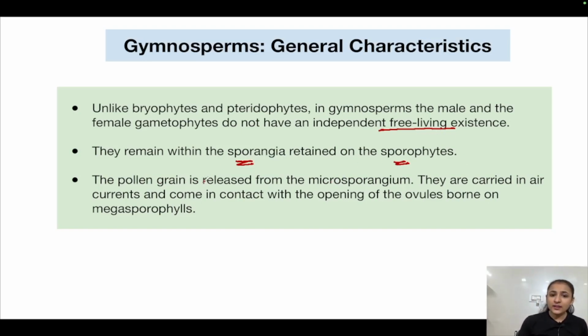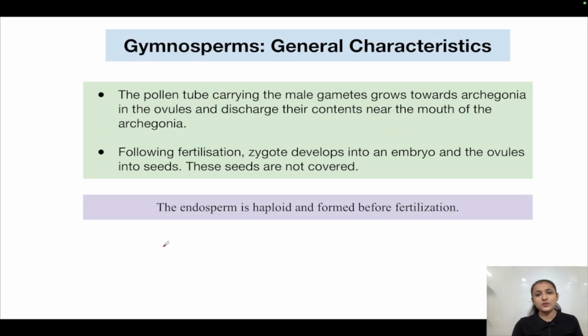So the pollen grain is released from the microsporangium and carried by the air currents, by the wind. When they come in contact with the opening of the ovules borne on the megasporophylls, they will germinate to form a pollen tube. Ultimately it will release male gametes, which will fuse with the egg cell to form the zygote, which will form into an embryo. The pollen tube carrying the male gamete grows towards the archegonia in the ovules, and discharges its contents near